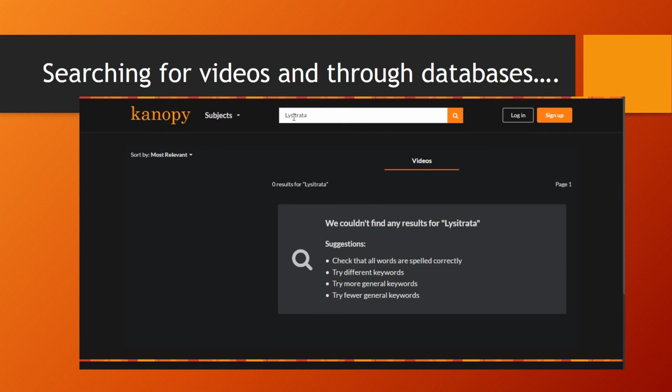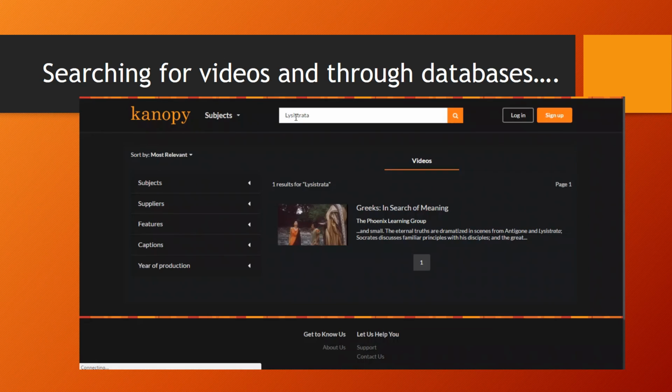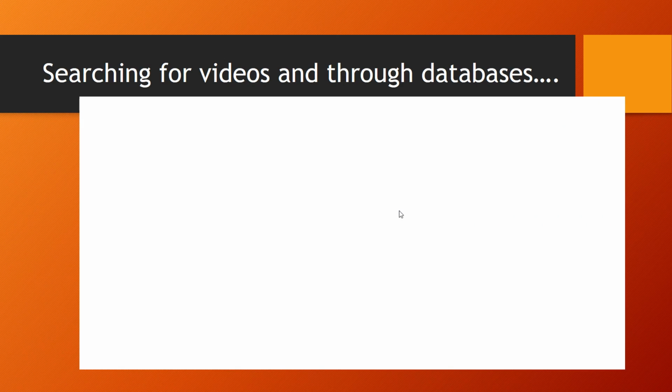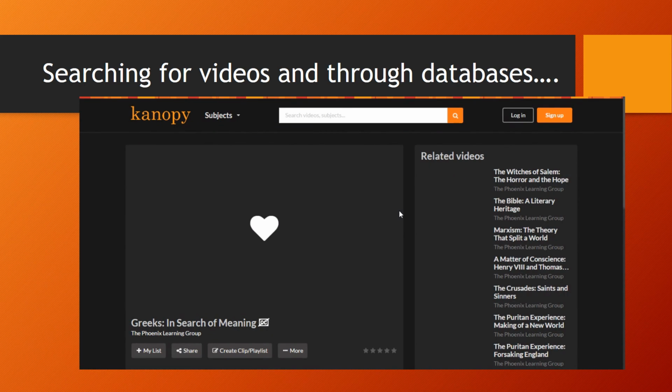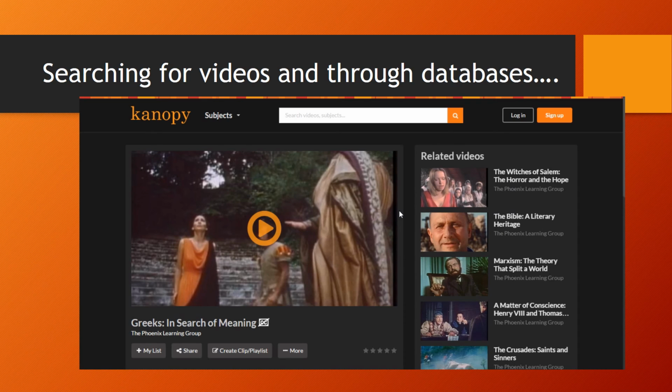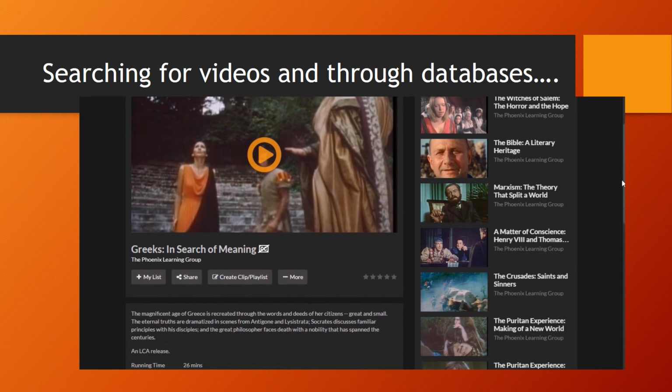I spelled Lysistrata wrong. Now, here we see that we only have one result. And that's okay, because sometimes plays like classical plays, and especially one that has been banned in the US for about 75 years, do not necessarily have an origin point. But you can see here that we have